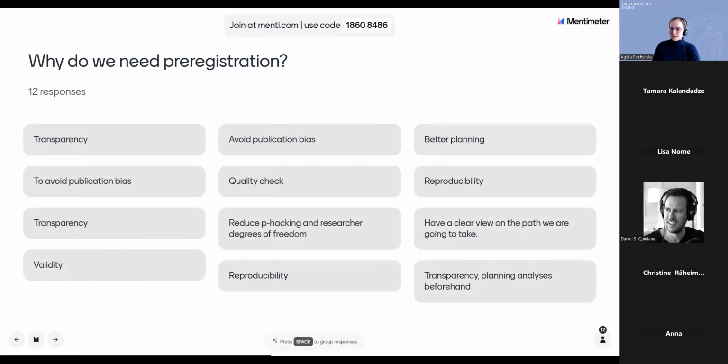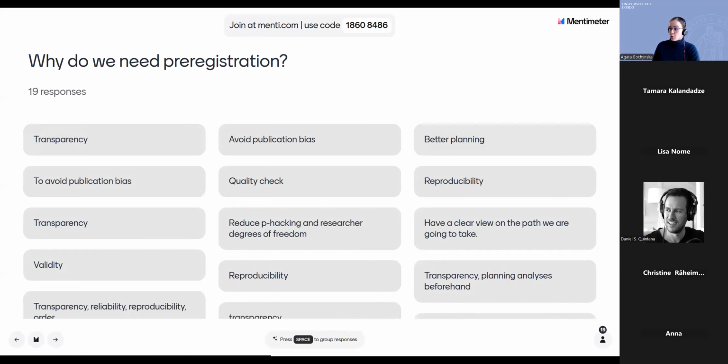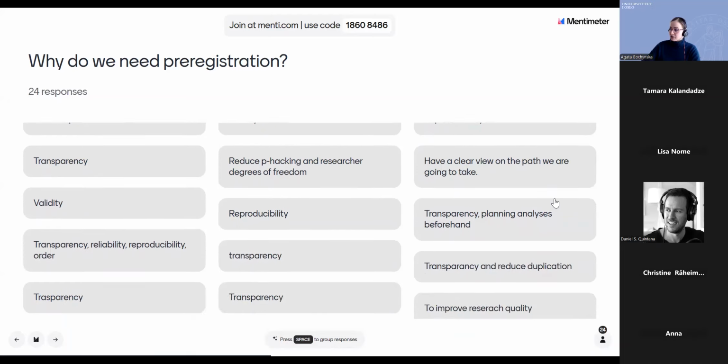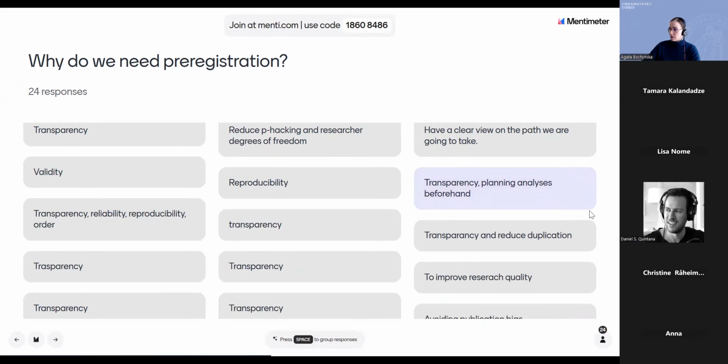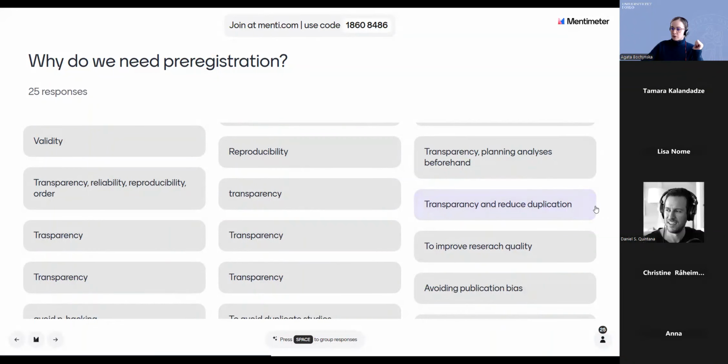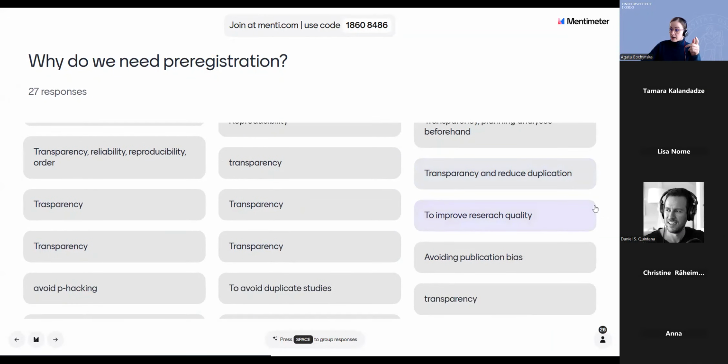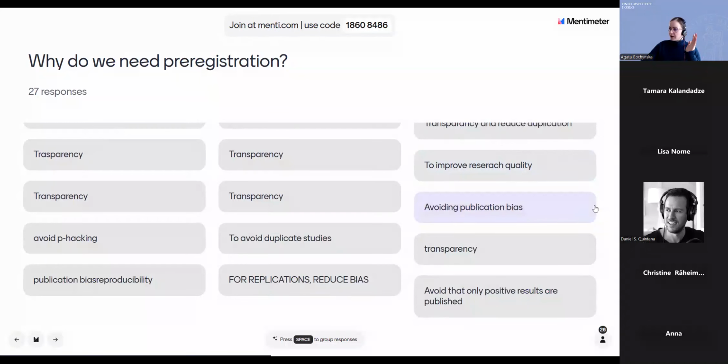That's great to know. For transparency, for quality check, for better planning, I absolutely agree with that one. To reduce p-hacking and researcher degrees of freedom. I can see you're very knowledgeable already about this topic. Have a clear view on the path we're going to take. So again, the planning component, it's super important for transparency, for reproducibility, for validity, reliability, lots of transparency coming up to improve research quality,